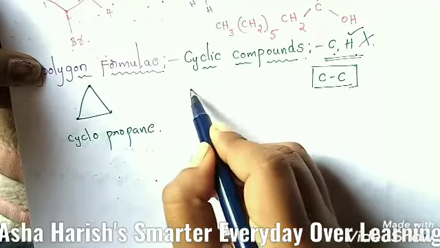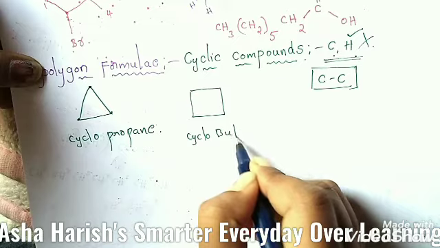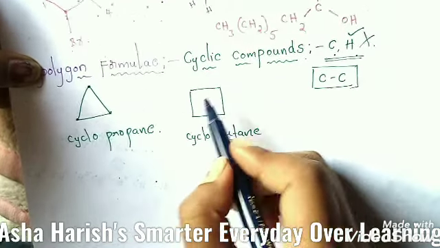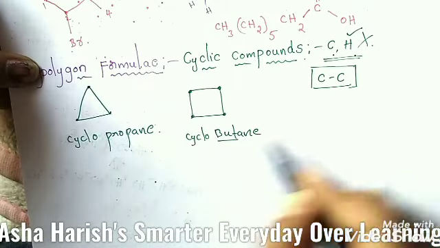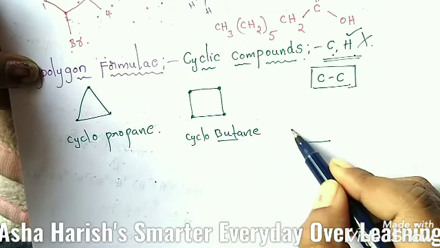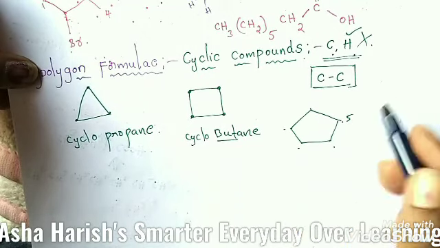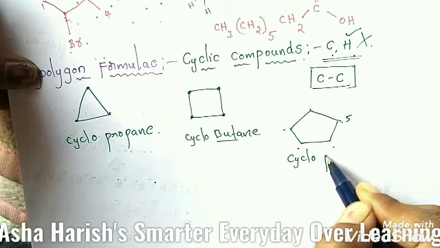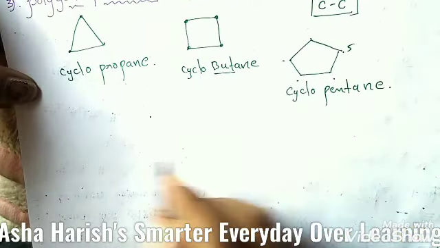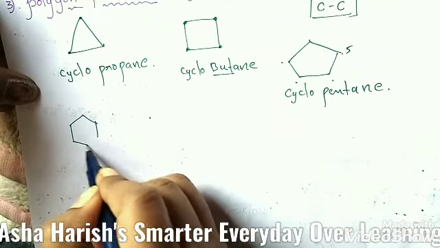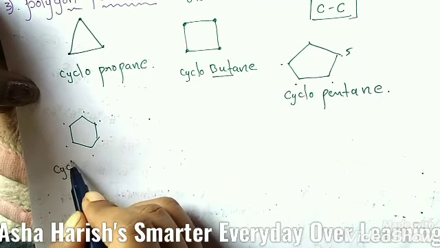And the next one is a square shape, it is cyclobutane. Why? Because 4 carbons are located here, butane. And the next diagram is like this: 1, 2, 3, 4, 5. 5 carbon atoms are located here, so cyclopentane. Right, and next one, 1, 2, 3, 4, 5, 6. 6 carbons are located here, so it is also